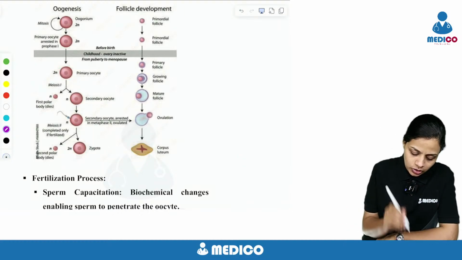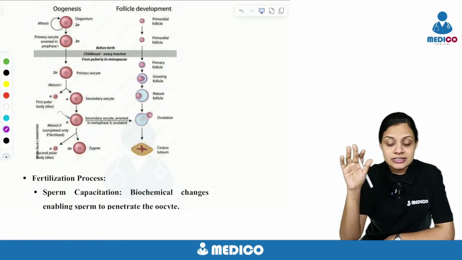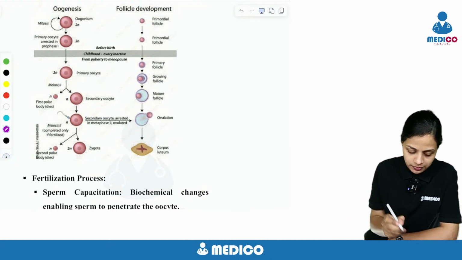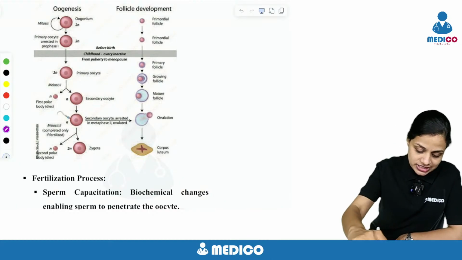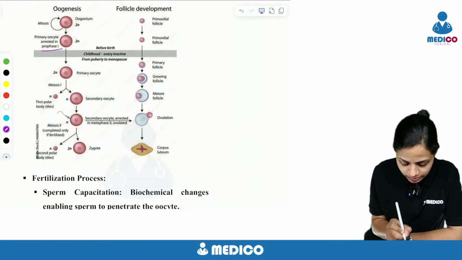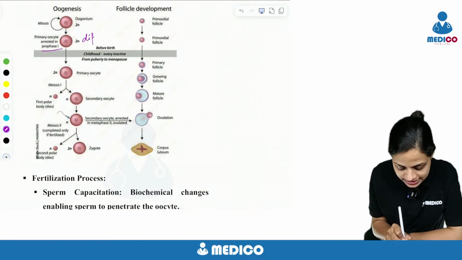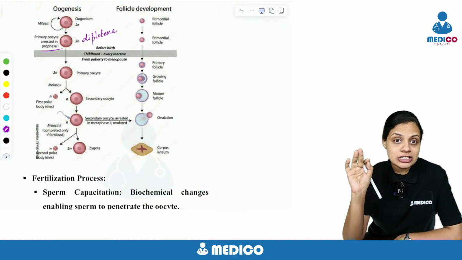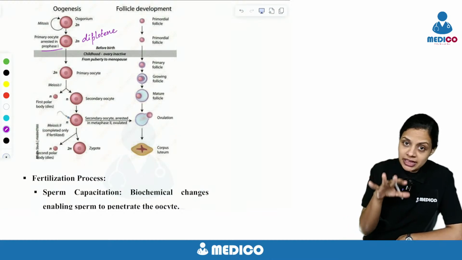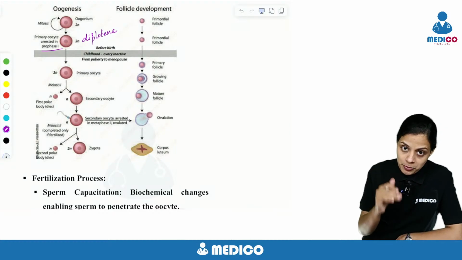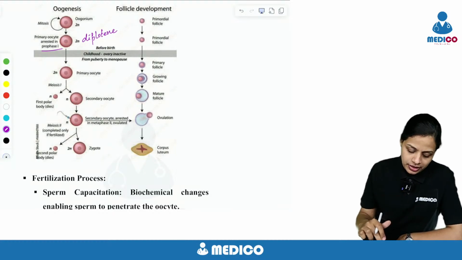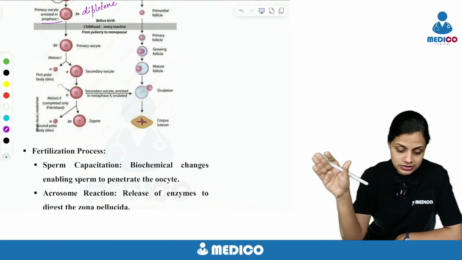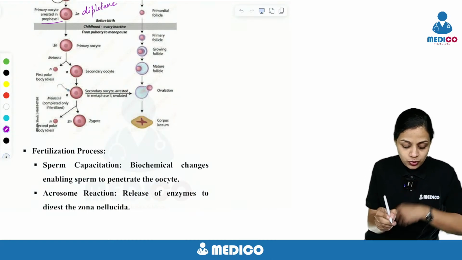All right. Now, this primary oocyte is arrested in the diplotene stage of meiosis 1. Okay. It is arrested in which stage? In the prophase 1, in the diplotene stage. And this is called the dictyate stage of the oocyte. So, it remains that way from birth till puberty. At puberty, meiosis 1 is completed very fast. Okay, so meiosis 1 is completed.